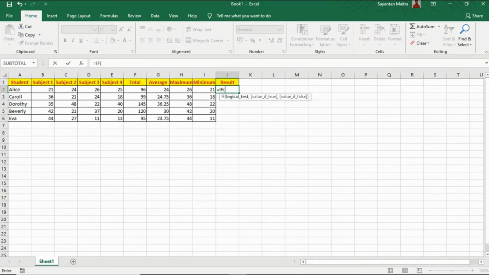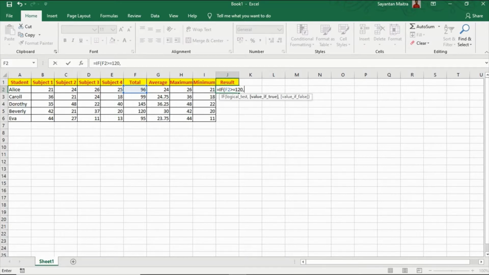So what is this logical test? This logical test is basically what function we want Excel to perform. Here we want Excel to check whether this value, the total marks obtained, is greater than or equal to 120 or not.